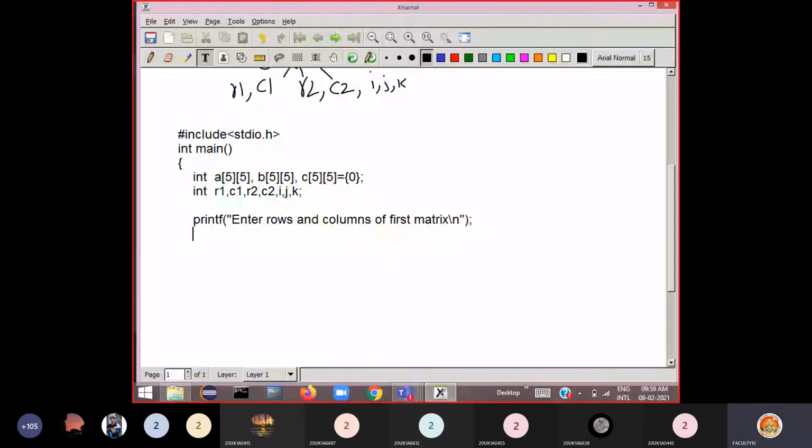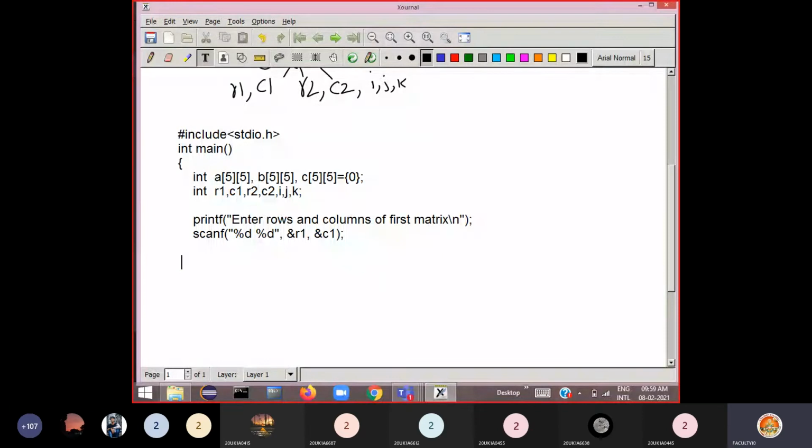So he enters some matrix size, say 2 by 2. Now read those rows and columns. Say %d %d, comma, address of where to store: first matrix rows R1 in a variable, and columns stored in variable C1. R1 C1 indicates rows and columns of the first matrix.